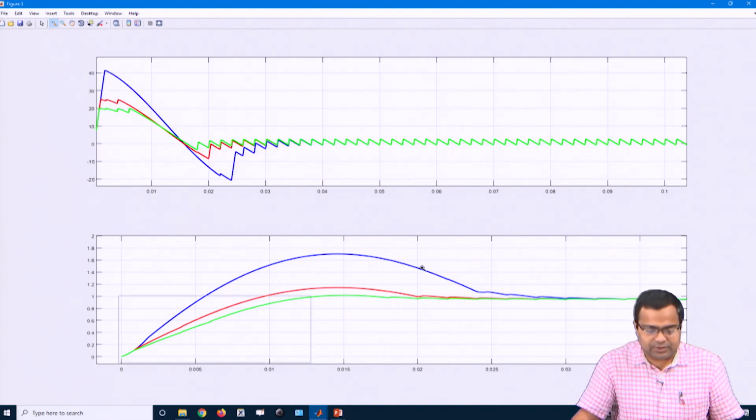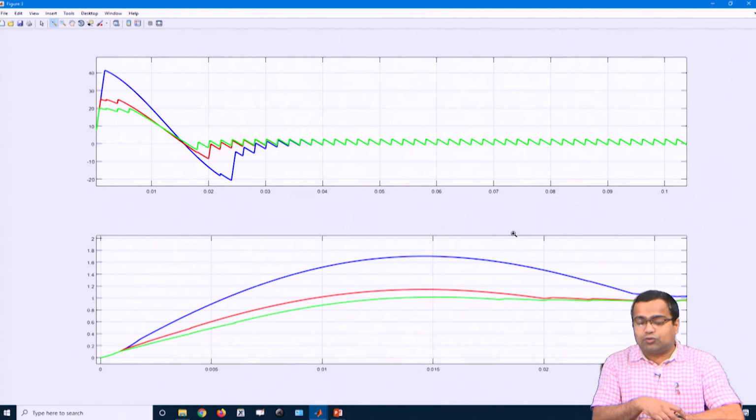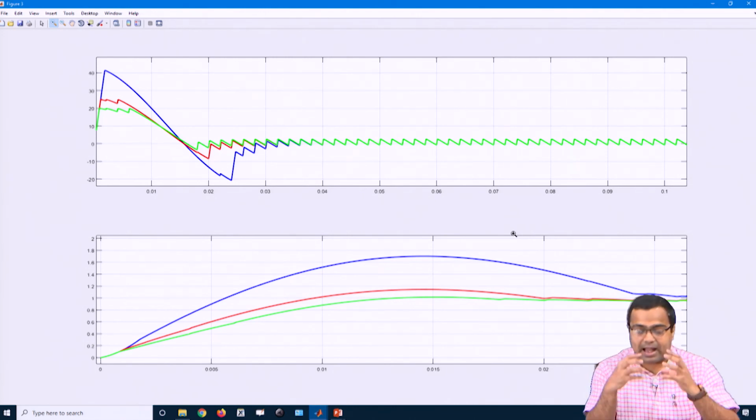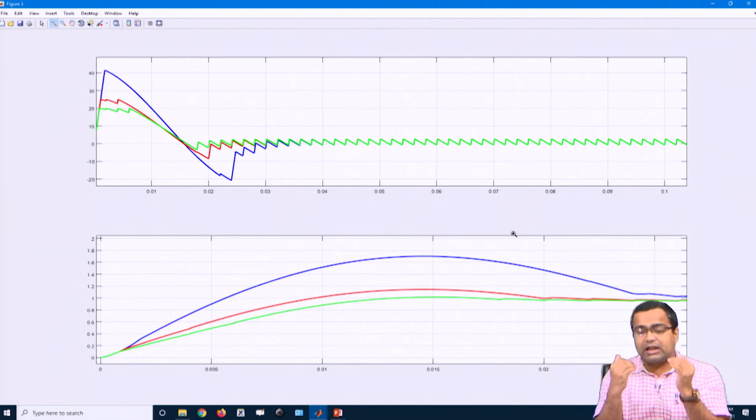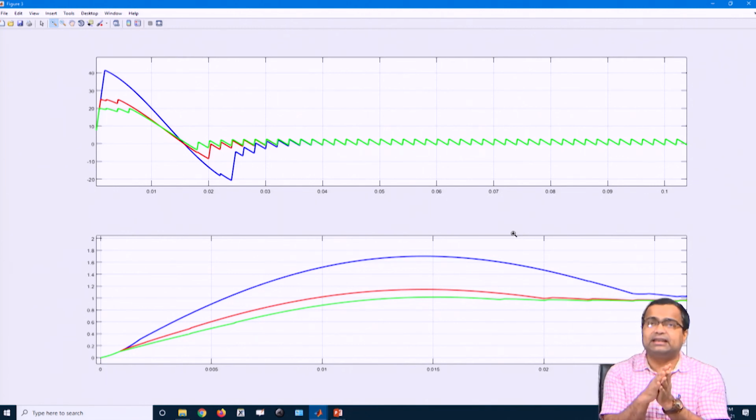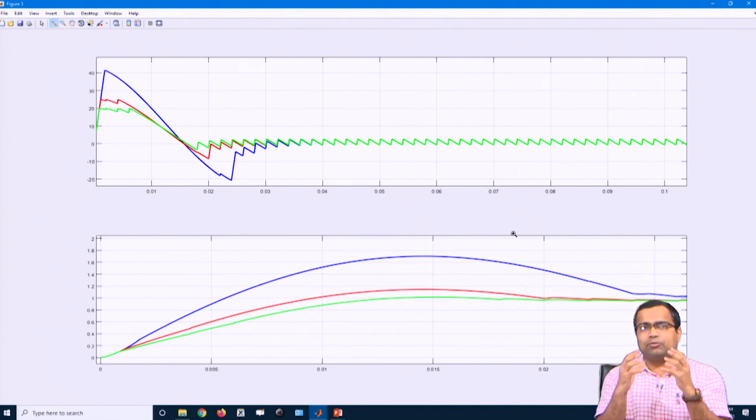So now here we do not need. What I am trying to say here is, I am taking 2 loop control, and in 2 loop control the startup can be taken care of inherently by the controller itself. So you do not need a separate startup logic, which was there in the case of voltage mode control. By using the current limit we can actually make a kind of soft start.